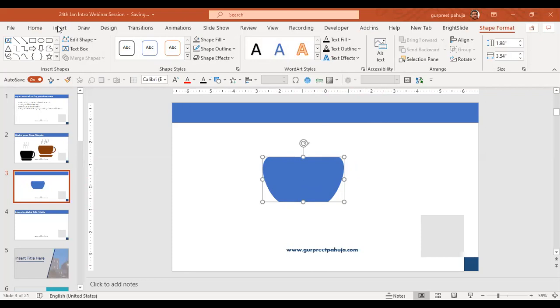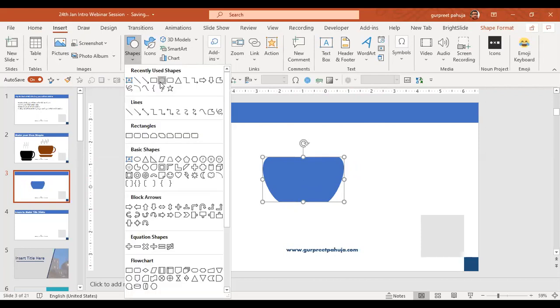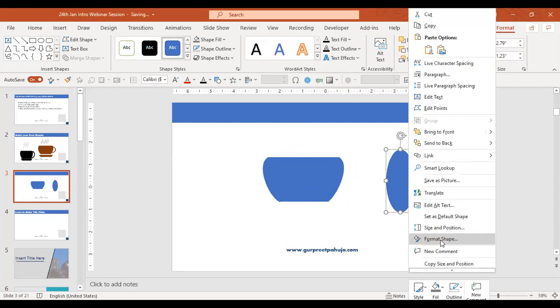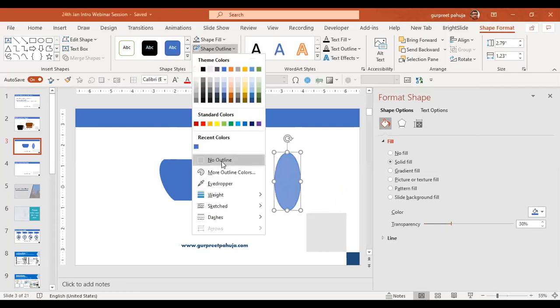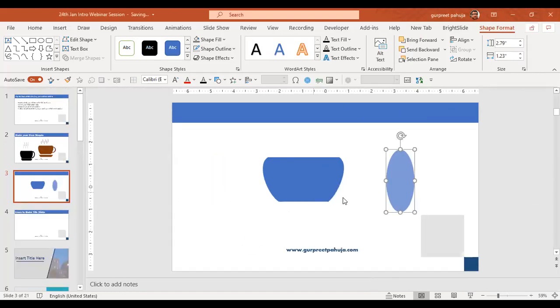Now I will go to insert and I will take an oval shape. I'll do format shape by right-clicking. I'll go to transparency and I'll select shape outline, no outline. I will do Control D. I will first reduce the size so that it fits in here.